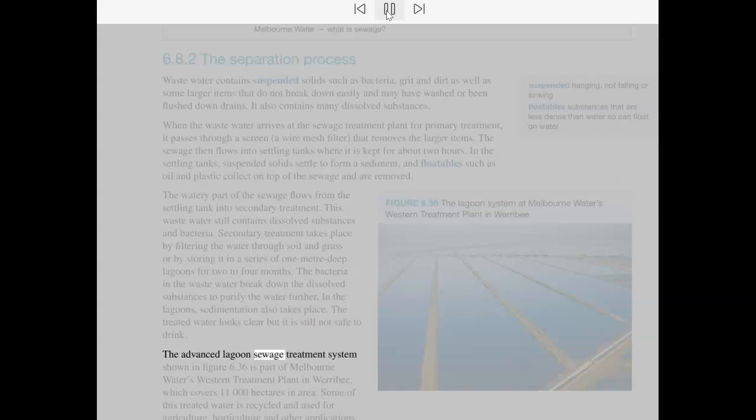The advanced lagoon sewage treatment system shown in figure 6.36 is part of Melbourne Water's Western Treatment Plant in Werribee, which covers 11,000 hectares in area. Some of this treated water is recycled and used for agriculture, horticulture, and other